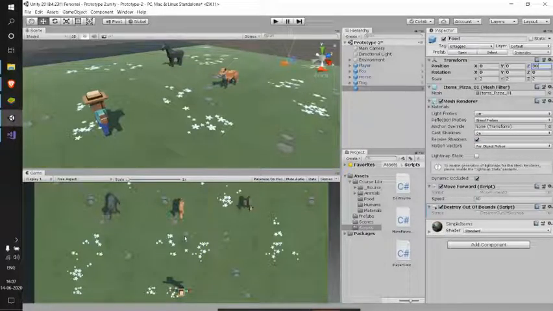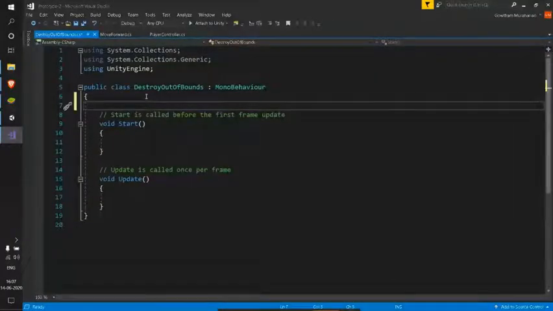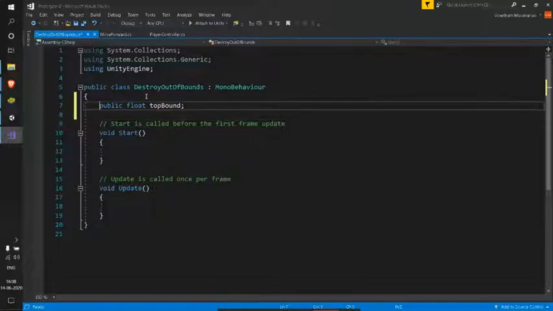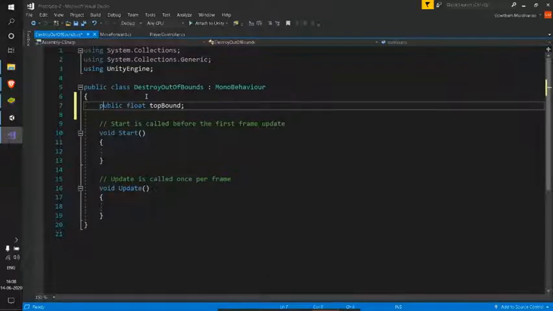To implement that, we need a top bound variable. So let me just go and create that, and let me get this back to the same position. Let's create a variable public float top bound, and in here we have fixed that value, right? Let me initialize this to 30.